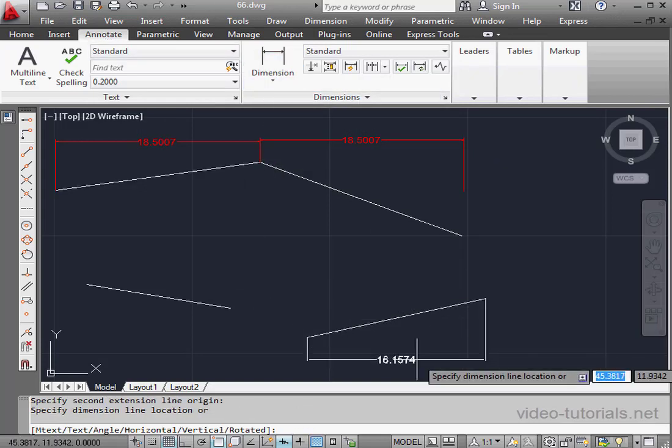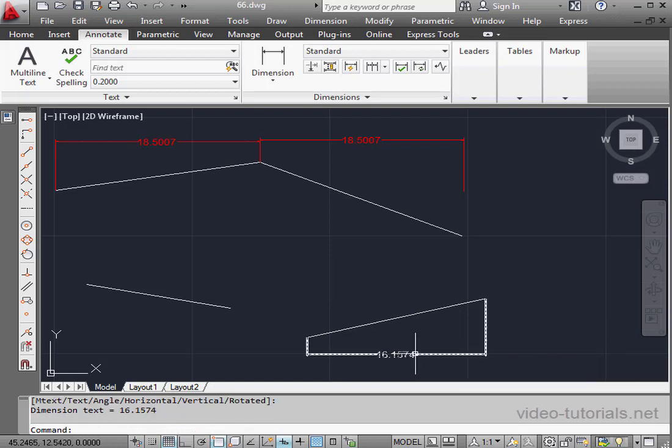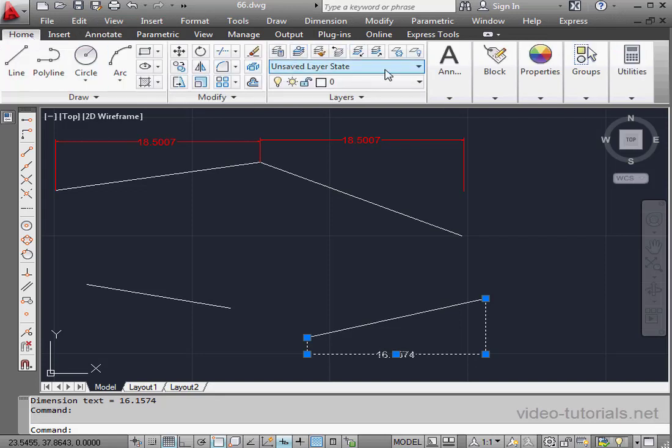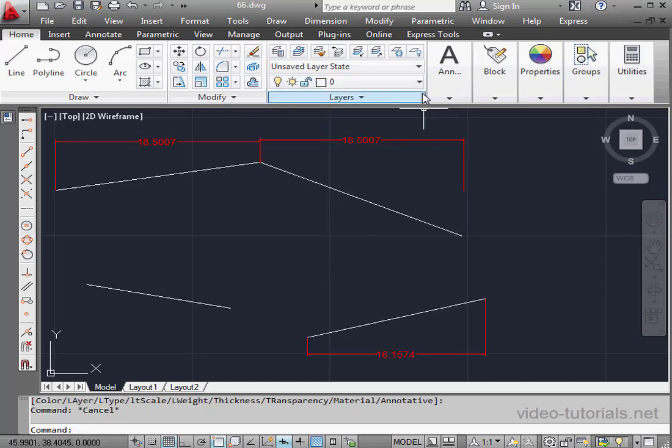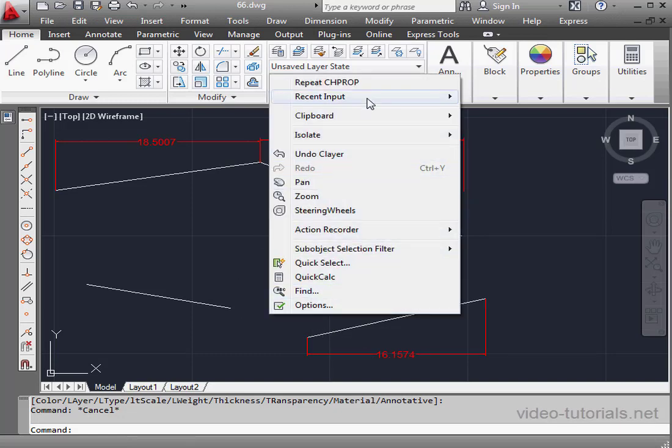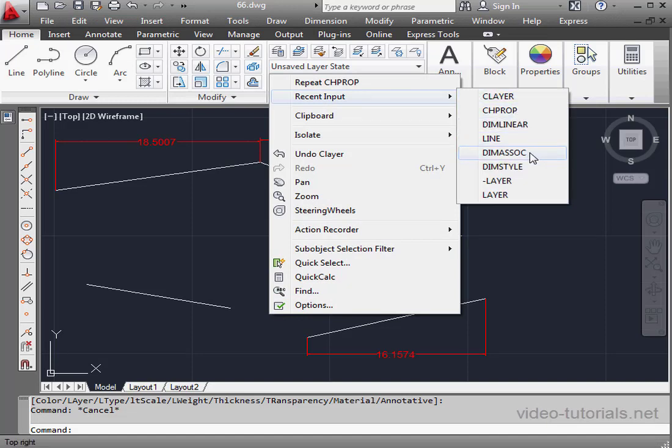Let's place it here. Oops, I keep forgetting to change the layer. Good thing it's easy to switch layers. Okay, let's move our dimension to the dimension layer. We're going to use this dimension in just a couple seconds. Let's right-click, Recent Input,